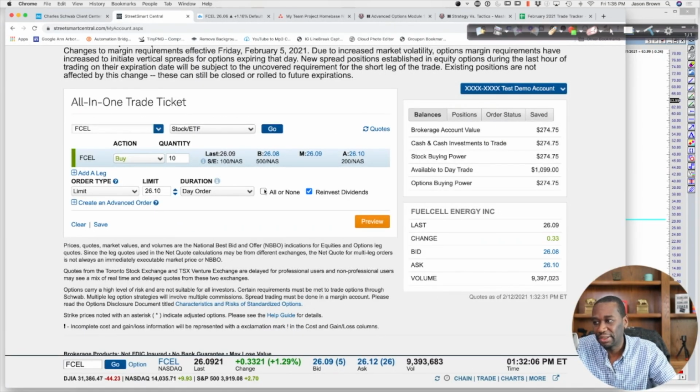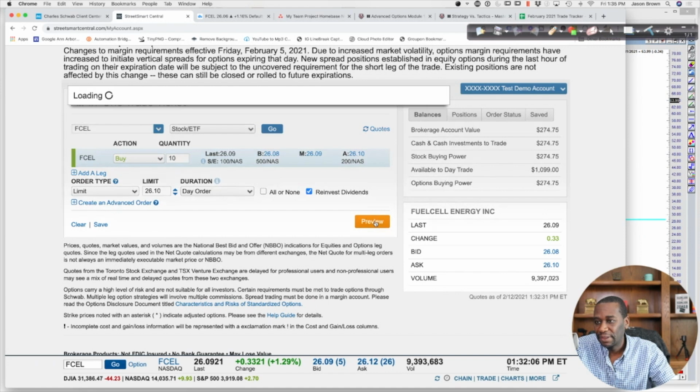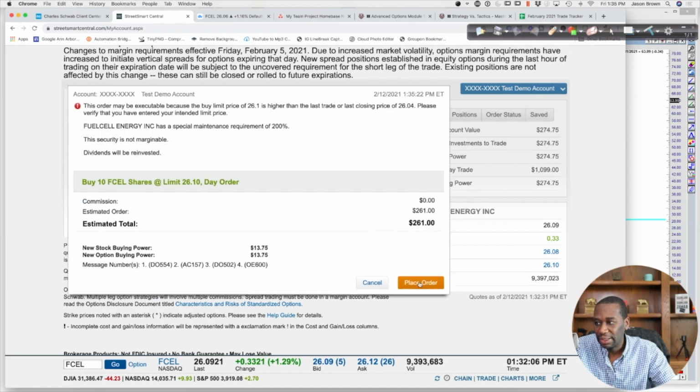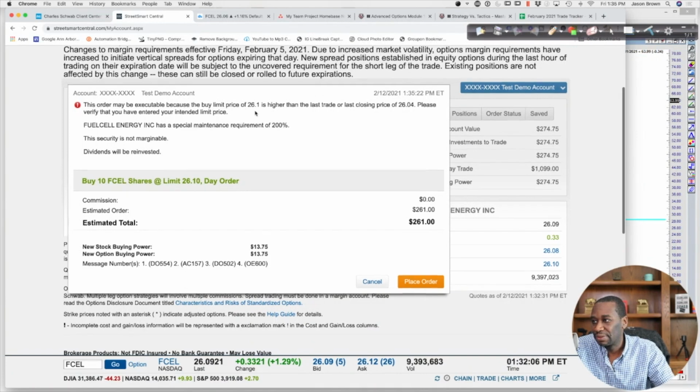Let's uncheck it. So we unchecked all or none. Now they're gonna allow us to do it. So let's hit preview and then place the order. It's telling me I'll have a new stock buying power of 13 bucks. This order may be executable because the limit price of 26.10 is higher than the last trade or last closing price of 26.04. So basically saying I might be able to get it for less than 26.10. That's fine. So I'm gonna hit place order